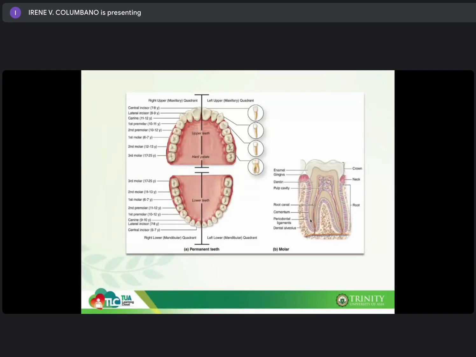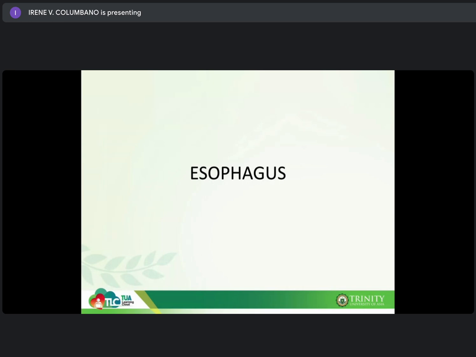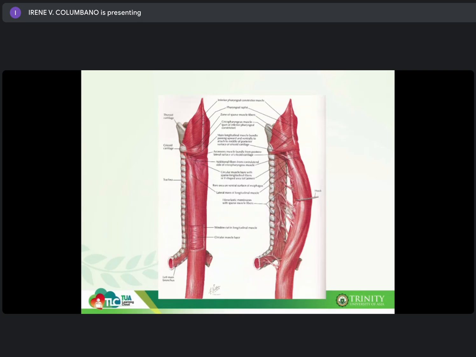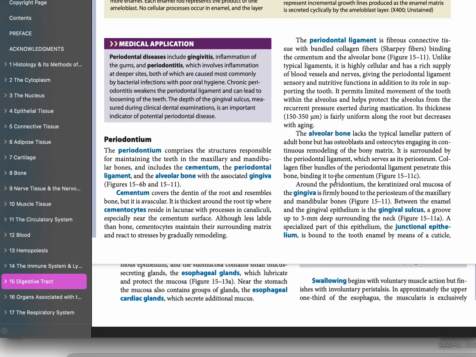Okay, so periodontal ligament, ito yung nagsususpend, nagpapa-stay doon sa tooth natin. So meron tayo sa maxillary and sa mandible, sa bone. Next is the esophagus. So esophagus is a muscular tube, 25 centimeters long, which transports swallowed material from pharynx